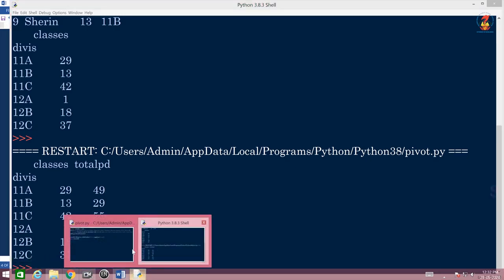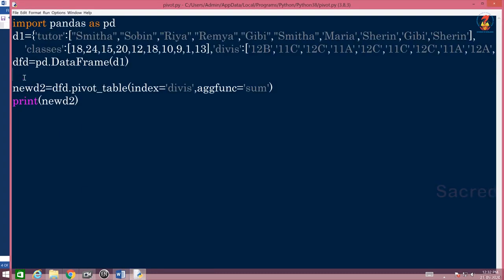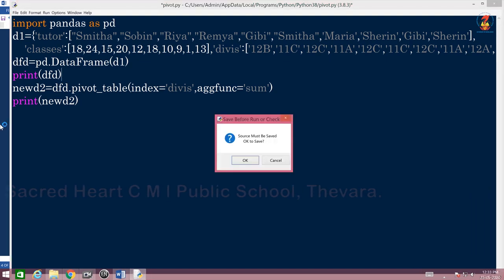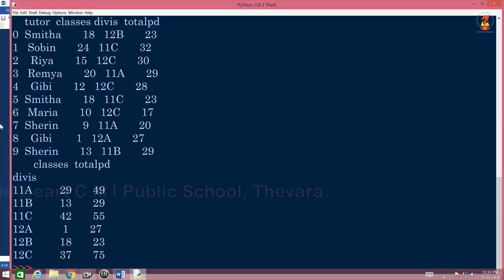So I would like to show you by just making one change here, that is by giving a print statement, okay. Print DFD, that will give you the answer for the data frame which you created.